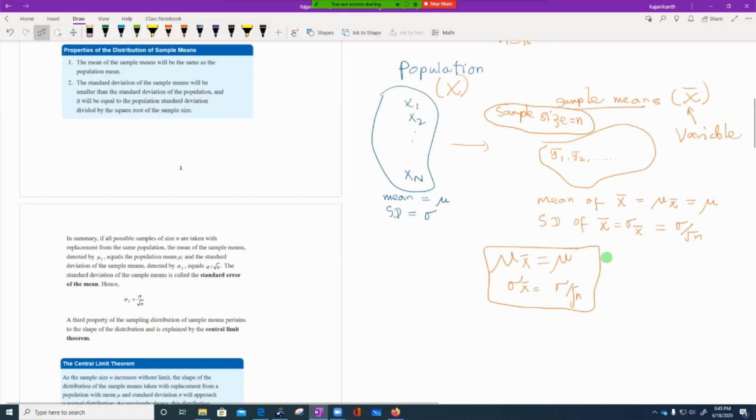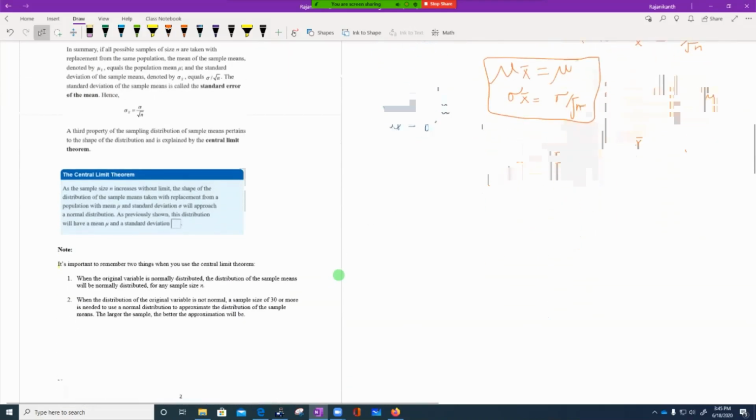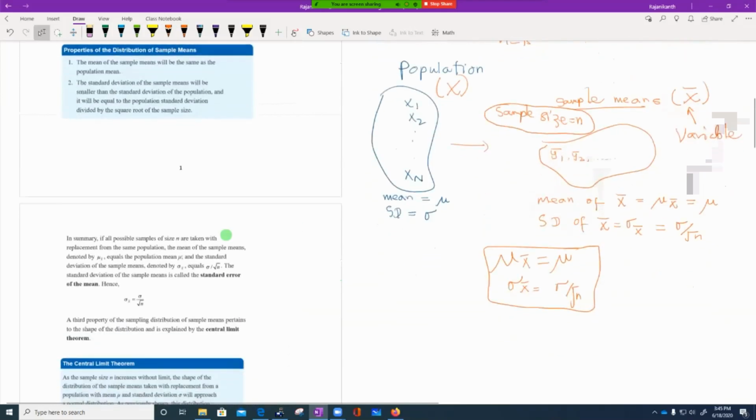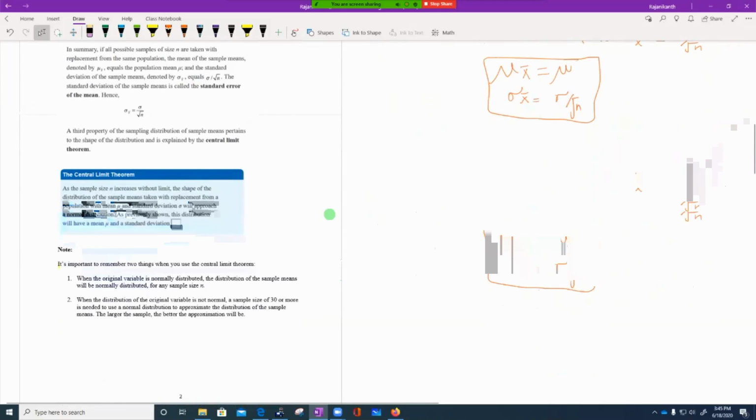So we are going to use these two, the mean and the standard deviation, for the sample mean. Remember, here x bar is also a variable, right? X bar may have so many values, different mean values of your sample. Now these are the two properties, and the third property of your sampling distribution will follow this theorem,